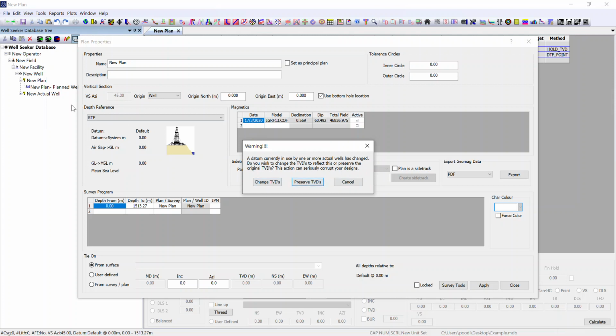If we go ahead with this depth reference change, we can either preserve the TVDs that were in our plan, i.e. that initial tie-on line and subsequent TVDs would remain the same, 0 meters and then 500 meters hold, or we can change the TVDs by the amount that the depth reference changes. So first of all, I'll press preserve TVD,